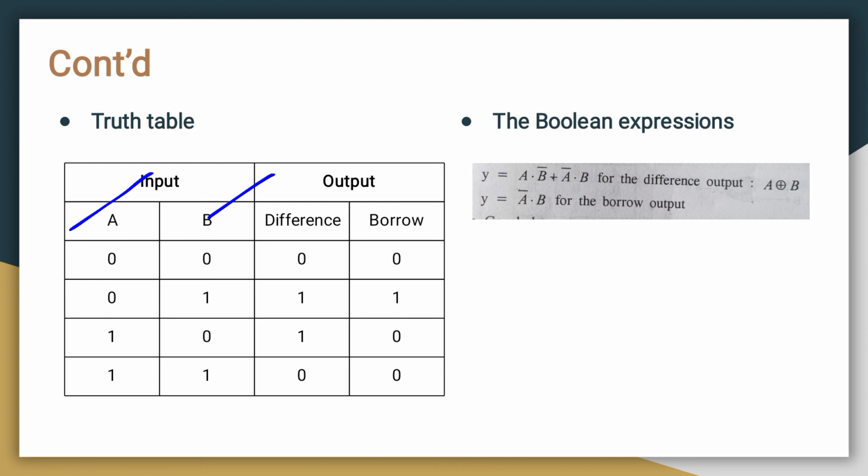So these are the inputs A, B. If both are 0, when we minus these two, we will get a 0, right? According to the rule, then there is no borrow, so it is 0. So next 0 minus 1 is 1 for difference, and also for a borrow it is 1. So already told in the rules. So next 1 minus 0, the difference is 1, there is no borrow, that is 0. 1 minus 1 is 0, then there is no borrow.